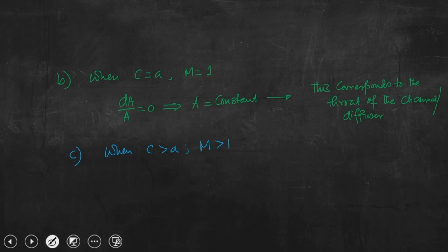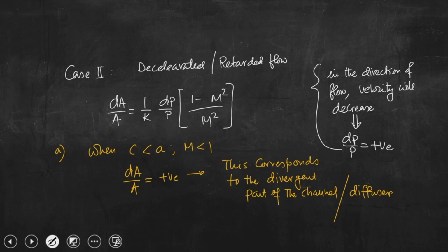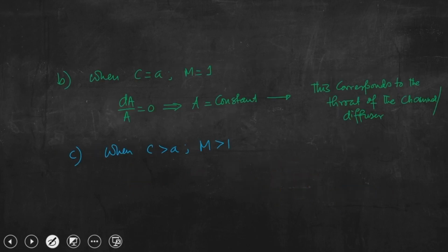What we can write? See, if Mach number greater than 1, this quantity is negative, dP by P is positive pertaining to this case. So, dA by A will be negative. So, we can write dA by A is negative. So, this corresponds to the convergent part. So, this is essentially to balance equation 1, and